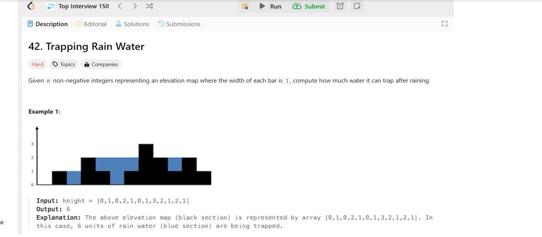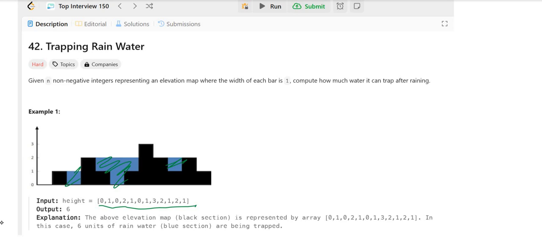Hello everyone, this is question number 16 in the 150 interview question series. This is the trapping rainwater problem. What is given to us is an array in which every element means the elevation, the horizontal blocks that will be there, and we will have to fill water. This blue color is water. We have to tell how much water can be trapped for a given array.